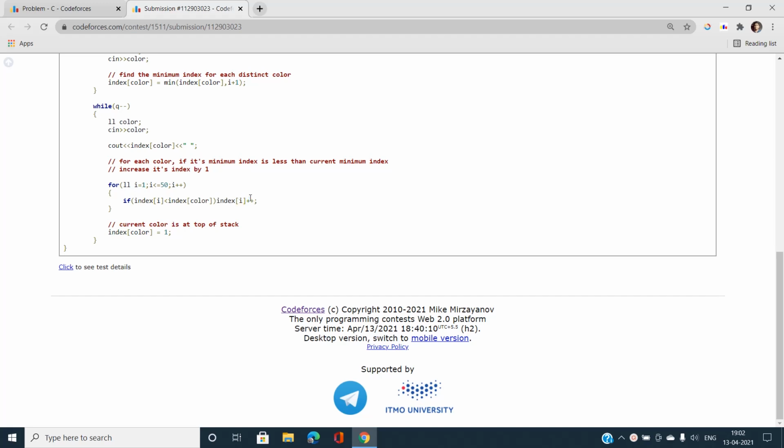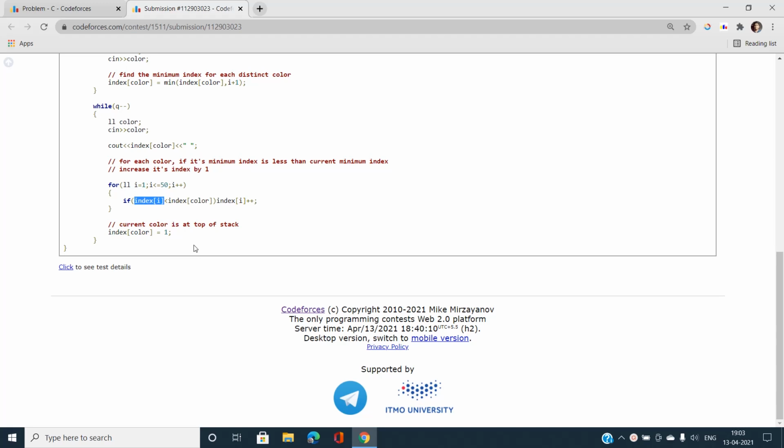Note that this index of i for a particular color is the minimum index of that color, and if it is less than my current minimum index, because I have taken out that element and put it at the top of the stack, then all the elements that lie to the left of it will be increased in position by 1.